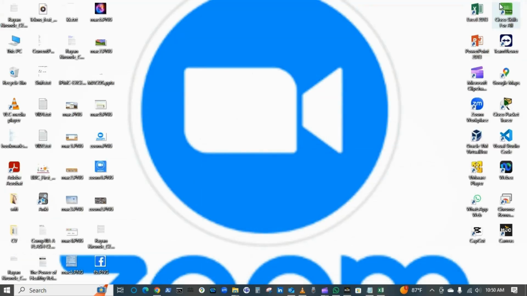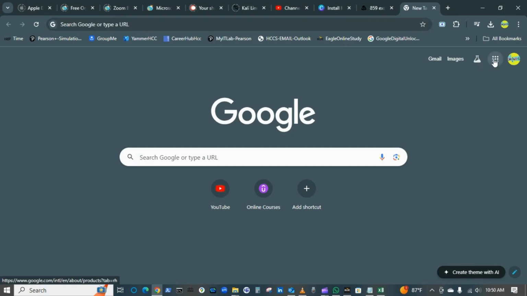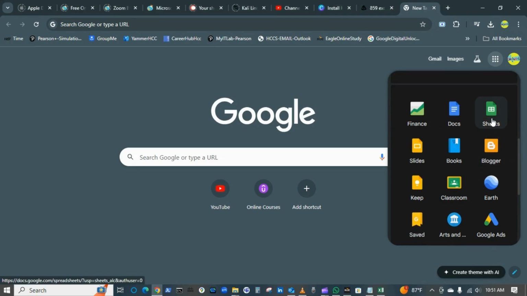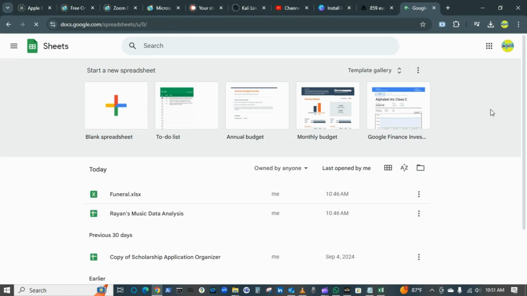Also, if I don't want to use this application, I may go to my Google account, and then I'll go to Drive. I'm already signed into my account. When you see on my right hand side on top here, there are these 9 dots in the circle. When you click on it, it shows Google Apps. This option, we are looking at Google Sheets. When you click on this Google Sheets, it will open up docs.google.com. So Google Sheets, this is where you find Excel.